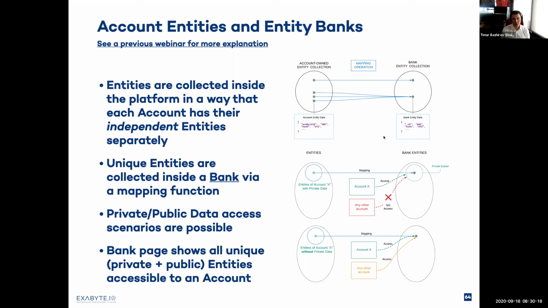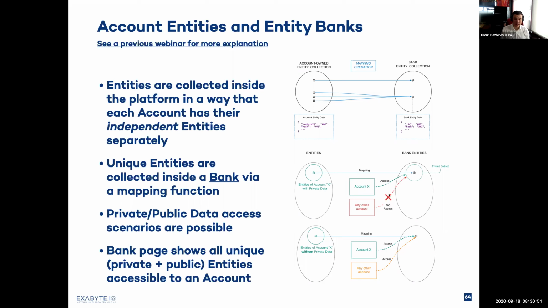So all unique structures that are created in the platform are aggregated inside the materials bank. So entity banks contain uniquely created entities within the platform. And for the accounts with the private data enabled, no other accounts can access the entry inside the materials bank for the conservation of intellectual property, for the privacy concerns. To alleviate those, this is the approach that we use,